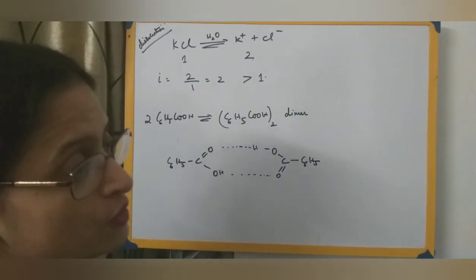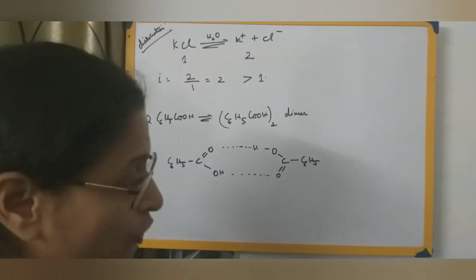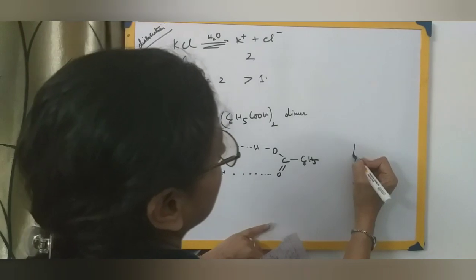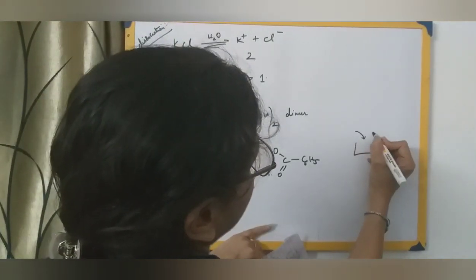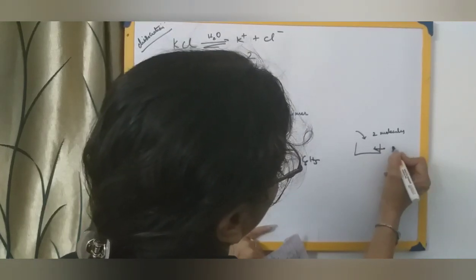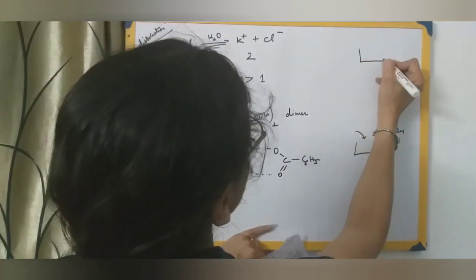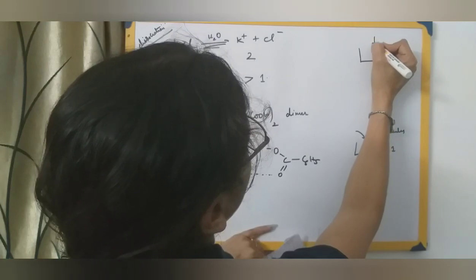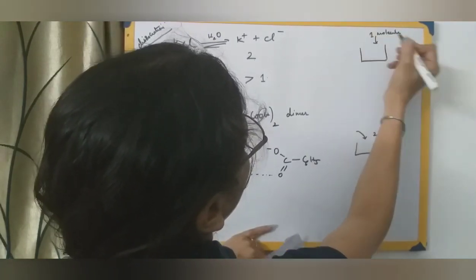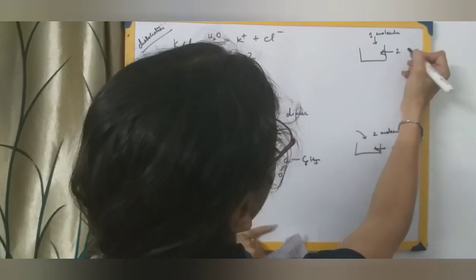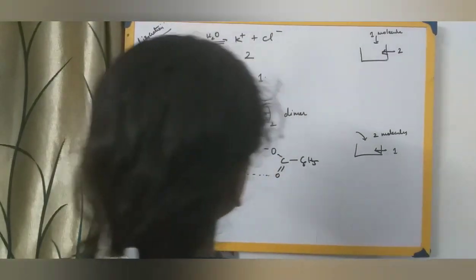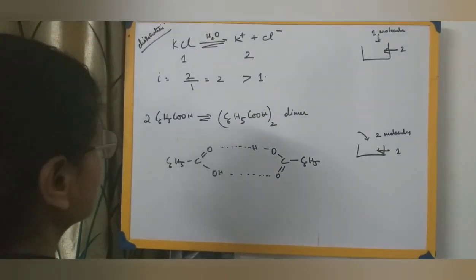We are putting two molecules into the solution, but when you look into the solution, you will see it was only one. Two molecules you are putting, but you will find only one. Same thing in this case, what is happening over here? You are putting one molecule, but you will be finding two particles, one of K plus and another of Cl minus. So this is what it is undergoing into the solution.